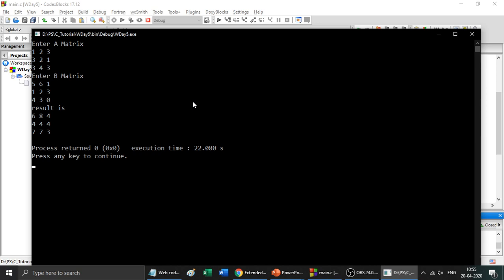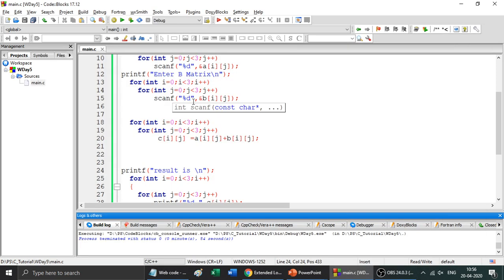So actually, in an offline IDE like Code::Blocks or Turbo C, we will be doing all these types of activities. But in terms of IT service or product company recruitments, you should not use these types of printf statements. You have to use exactly what is given in the input format and exactly what is asked in the output format. You should not use unwanted printf before the input or the output. So we are suggesting you to practice the programs in an online compiler, not in the IDE,